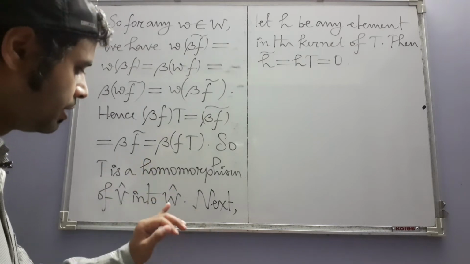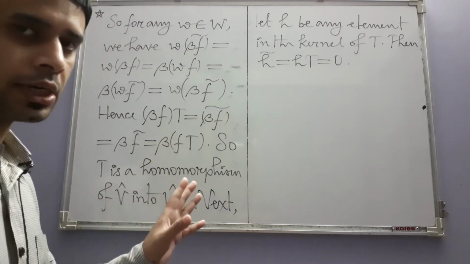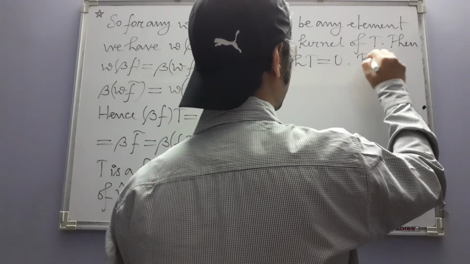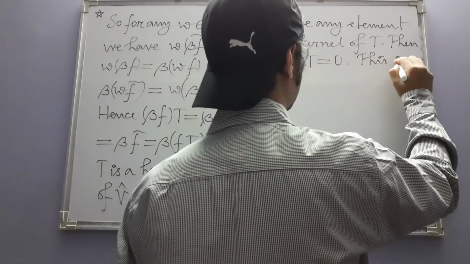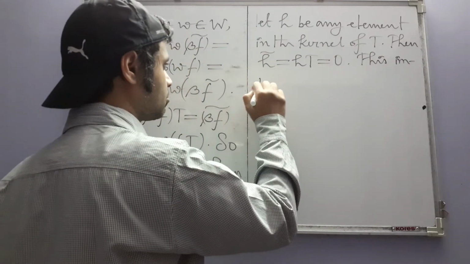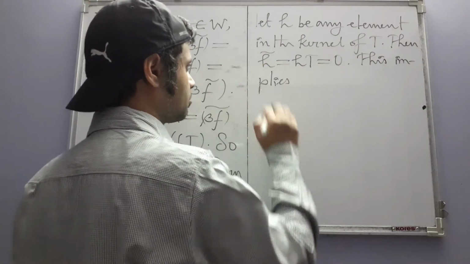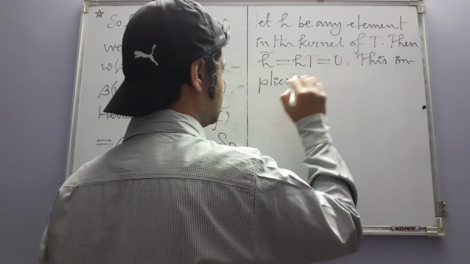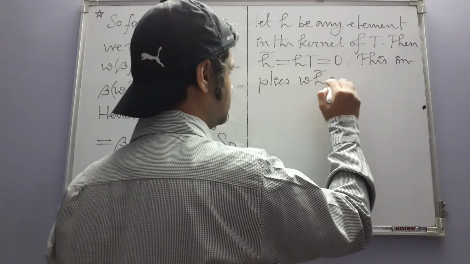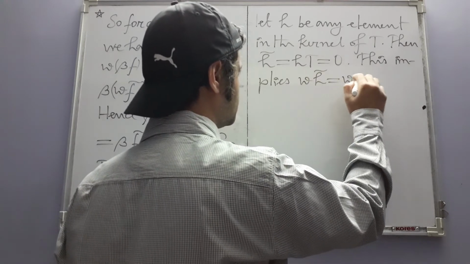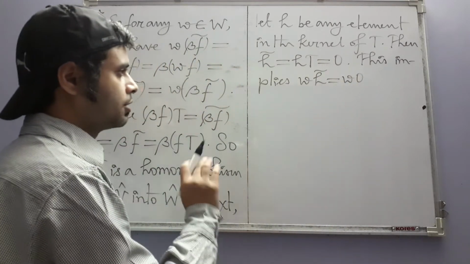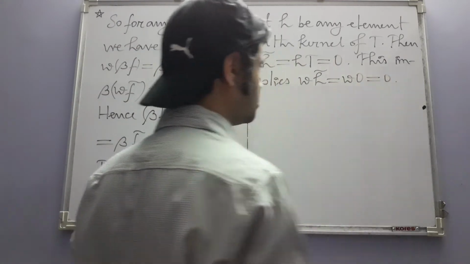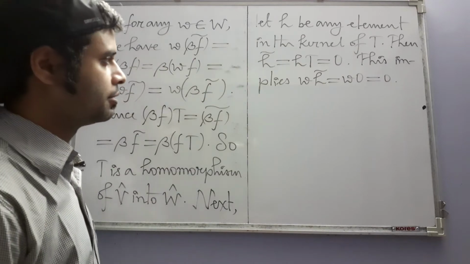It's the 0 linear functional in W over F. This implies that wh~, which is equal to w0, this 0 is actually a function, and it maps every vector onto the 0 scalar, 0 field element